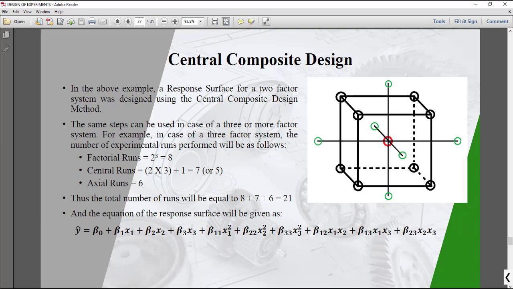By finding out the equation of the contour, we can find out the center of the contour, and it is our aim to find out the center of the contour. Why? Because at the center of the contour, the values of the factors give me the best efficiency, whether maximum or minimum that I want, but the best efficiency I am getting at that center point. That is why I am doing all this. Okay, so this was all about central composite design.